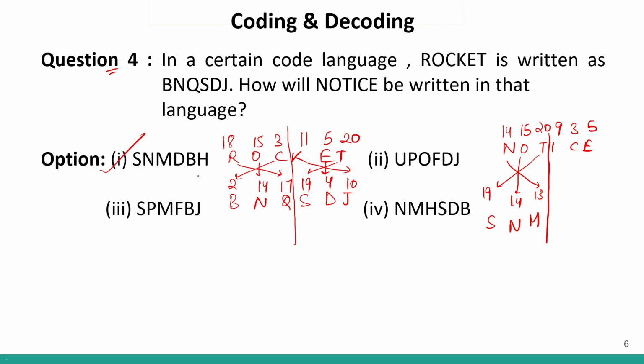We are using the elimination approach. But let us solve over here also. This will be in this manner only. So from E we will go to 4. From I, which is 9, we will go to 8. And 3 we will go to 2. So 2 is B, 4 is D, this is 8. So D, B, H. So this is given in option number 1, which will be your answer.